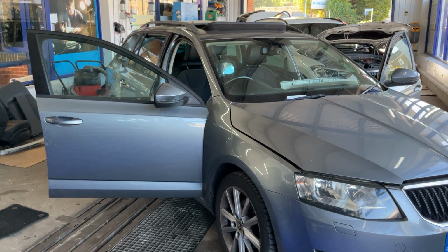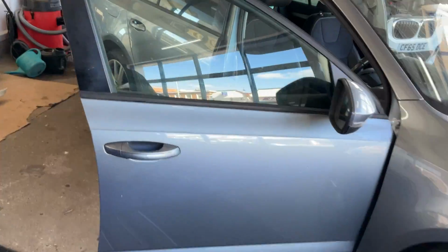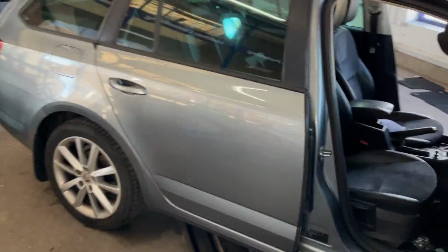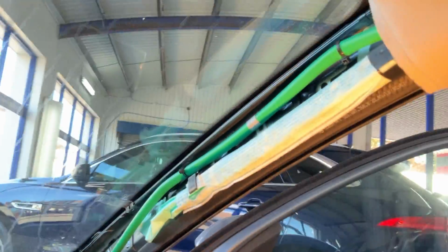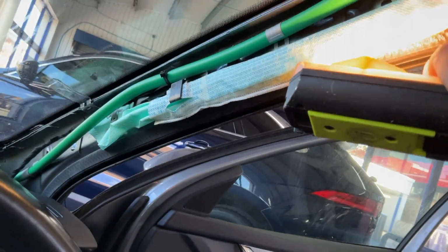Okay, today we have a Skoda Octavia 2013. So we've just done our water leak check, so we're just going to show you what we've found so far. If we just come into the front, we've removed the A-pillars, and what we can see is that someone has